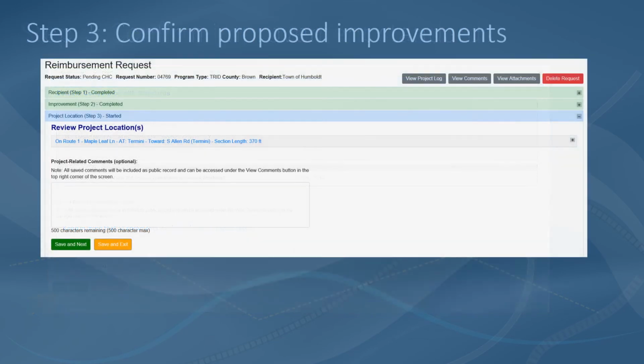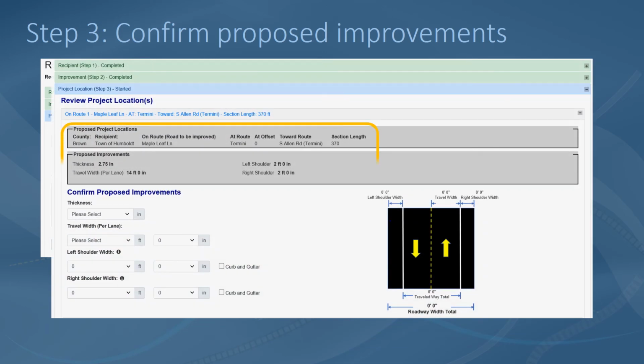Under Step 3, select the En Route 1 link to retrieve the proposed project location and proposed improvement information from the SMA. Use the fields provided in this step to enter the final improvements and to identify any changes that may have occurred between project approval and project completion.